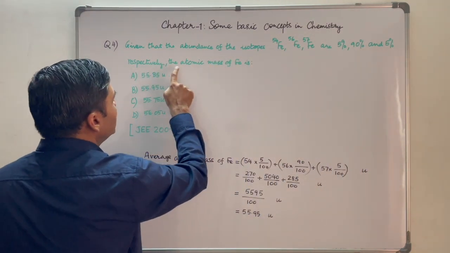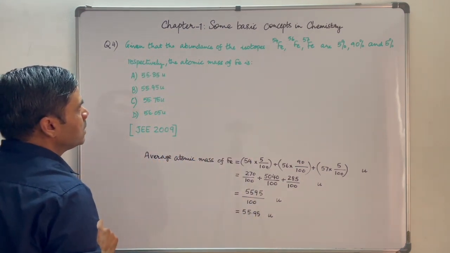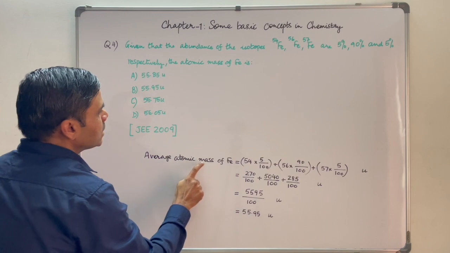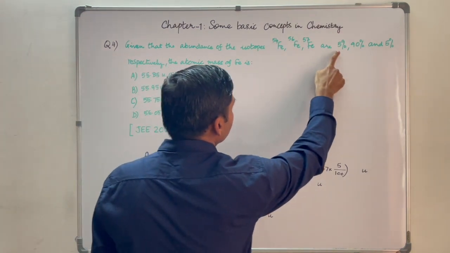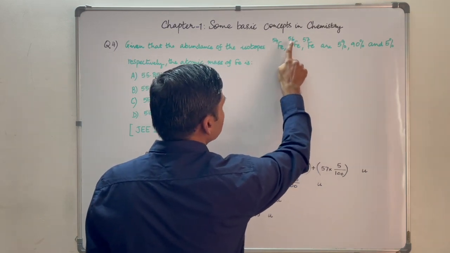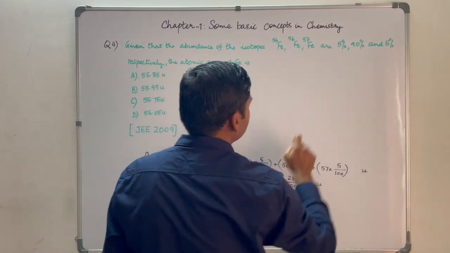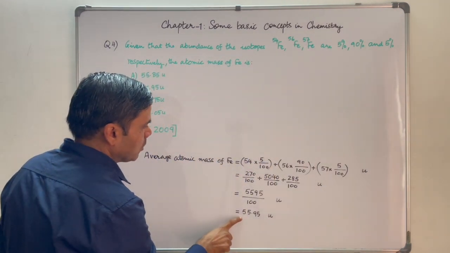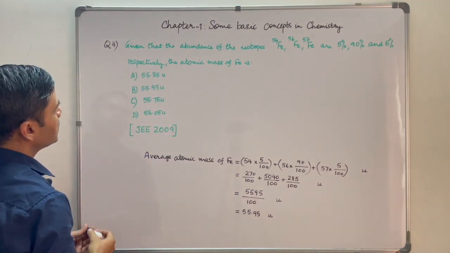Fourth question, given that the abundance of the isotopes 54Fe, 56Fe, 57Fe are 5%, 90% and 5% respectively, the atomic mass of the iron is. These are the options given. To calculate the average atomic mass of iron, we need to multiply their atomic mass with abundance. So it will be 54 into 5 by 100 plus 56 into 90 by 100 plus 57 into 5 by 100. And the answer will come out to be 55.95 u. So the correct option is